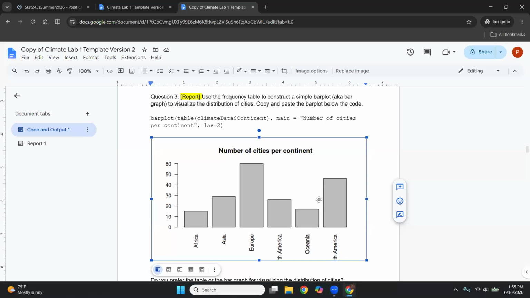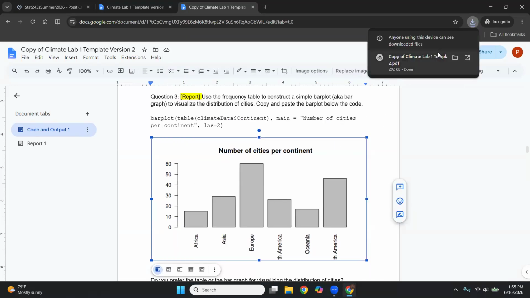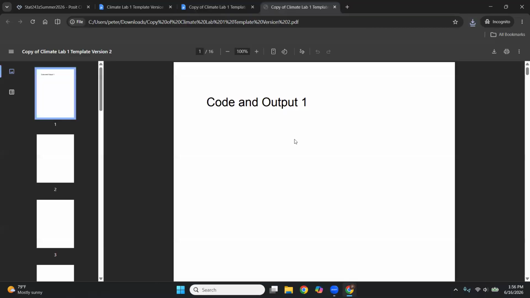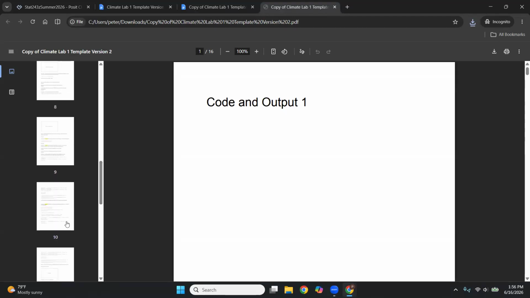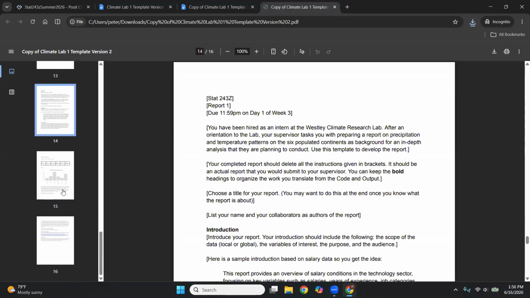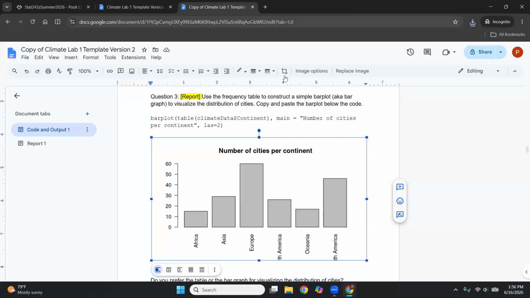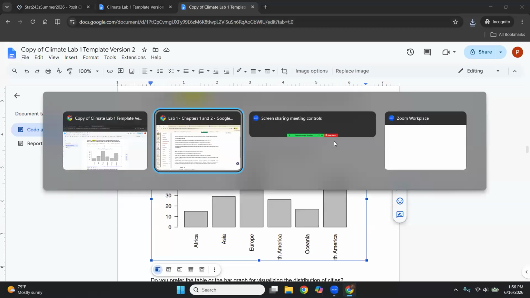And if you download all tabs, then it will create a PDF that has a code and output followed by the report. If you download one tab at a time, that's fine. You just have to upload both of them. So let's take a look. So it just gives me the code and output first, and then it gives me the report. And here's the report with my changes that I put in here. And then you'll upload that to the assignment